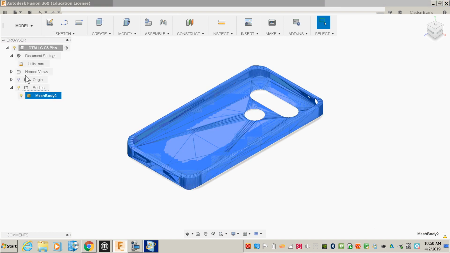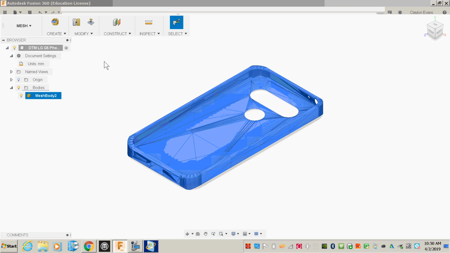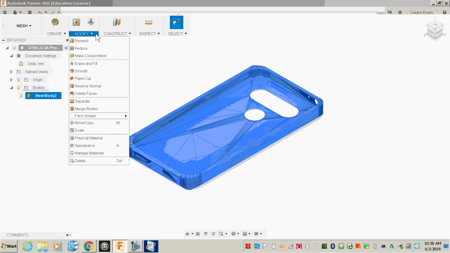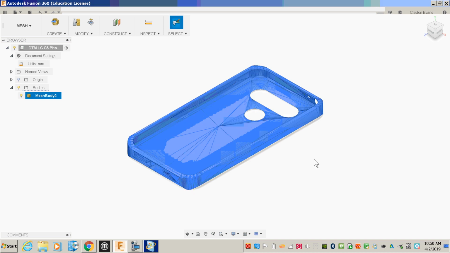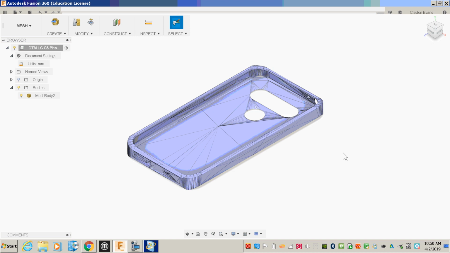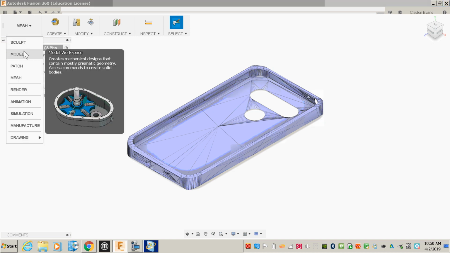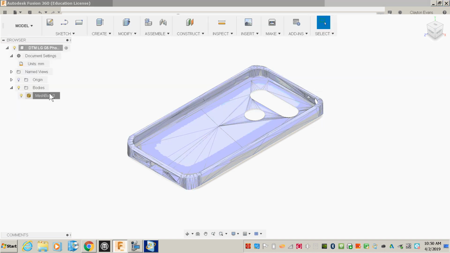I want to go to the mesh workspace now. I want to go to modify, reduce. That'll reduce the number of faces. Okay, I want to reduce it by 0.4. Preserve my boundaries because I want all these lines to still be there. Adaptive type, and press OK. And what this should do is reduce the number of faces I see on my mesh body. So now, when I go back to the model workspace, click on my mesh,